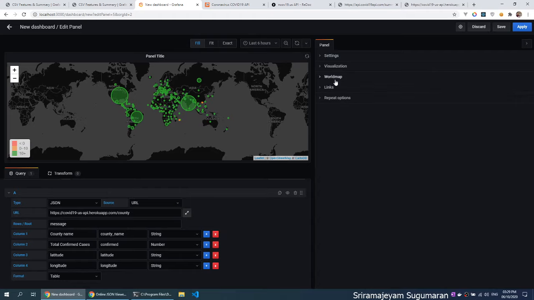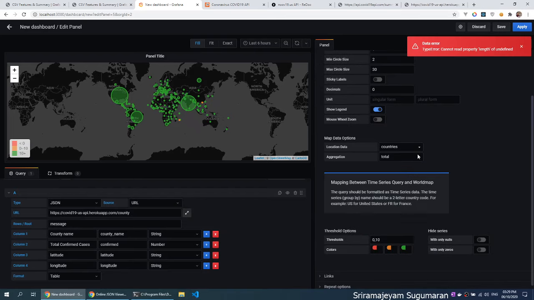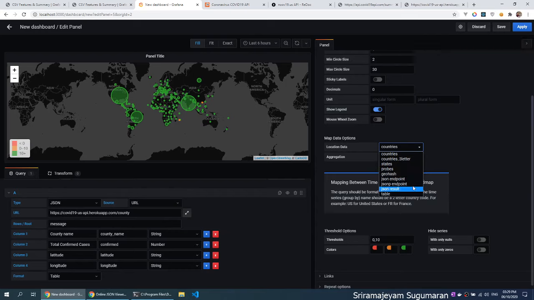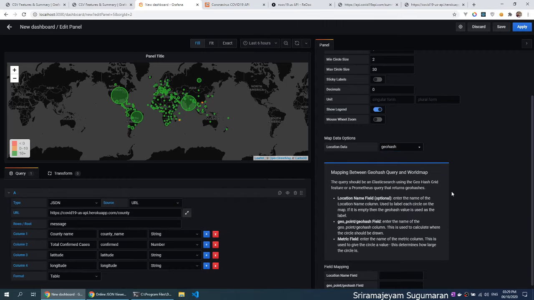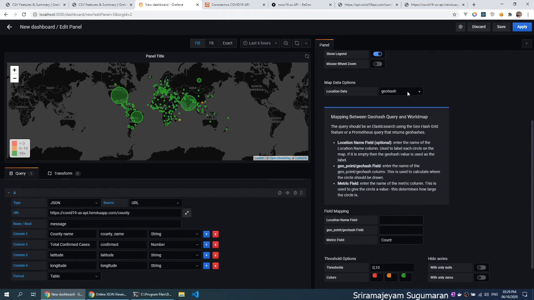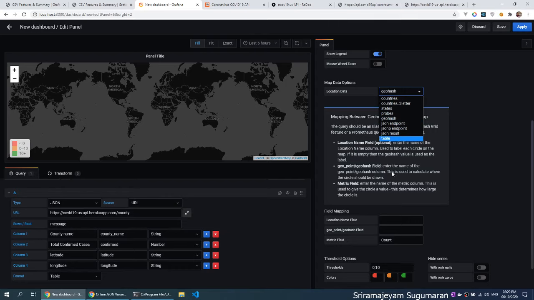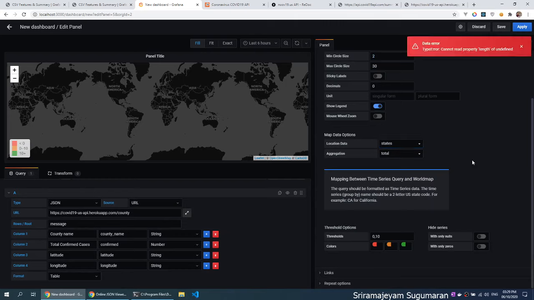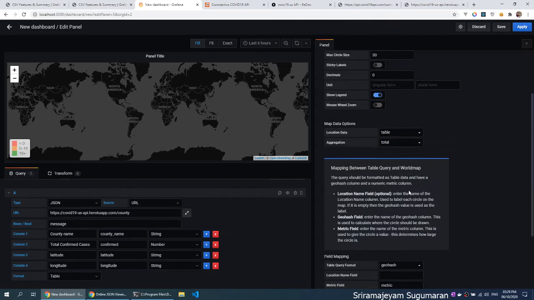Then if you look at the world map panel, instead of countries we will be choosing geohash. Yes, geohash. So what is the location name field? No, it's not geohash. For the latitude longitude we need to use latitude longitude.